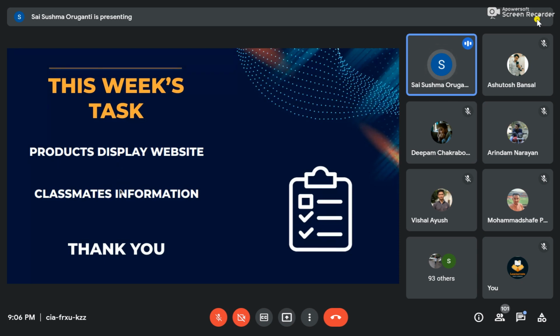Second task is classmates information. Take some random images of persons from Google, or else you can use your own images if you want. No, use flex here, not grid, and display them in whatever fashion you want. Under each and every photo you have to display one name. If you click on that name, it has to redirect to another page.